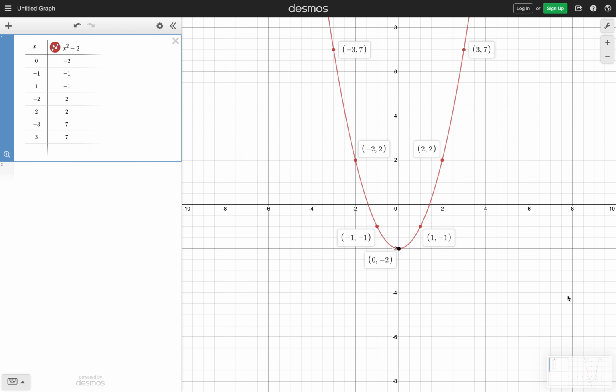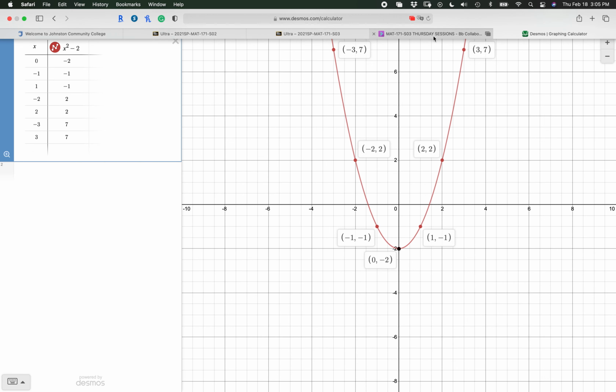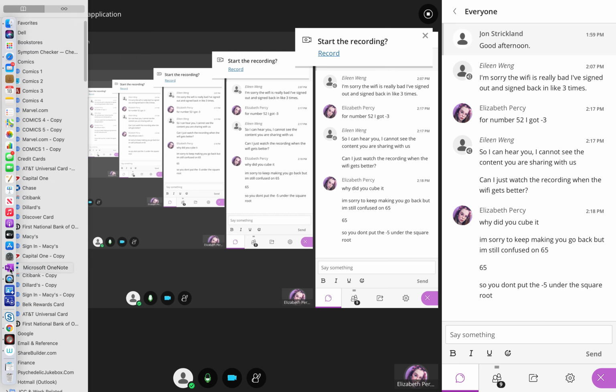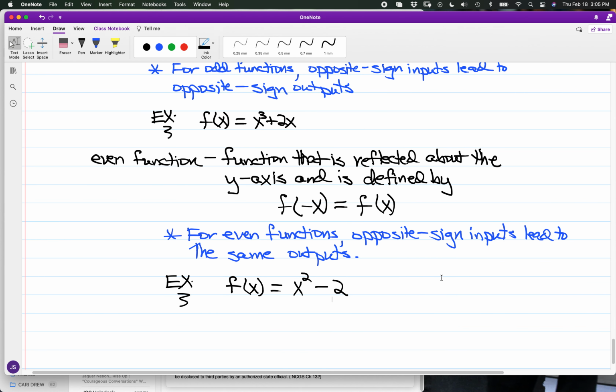And again, both halves reflect each other about the y-axis, whereas with the odd function, you're going to have reflecting about the origin. Okay, so from a visual standpoint, this is what we're going to have as the key differences here. All right, now,